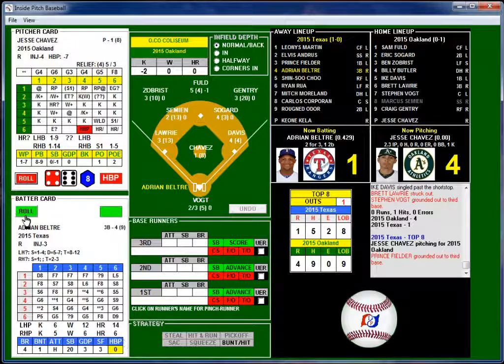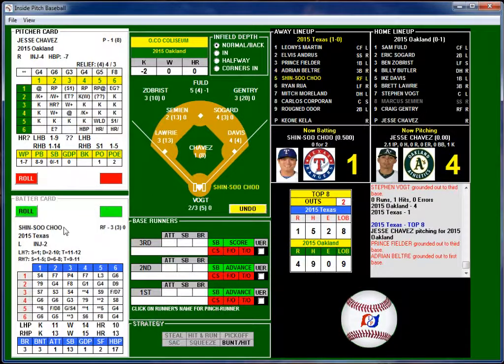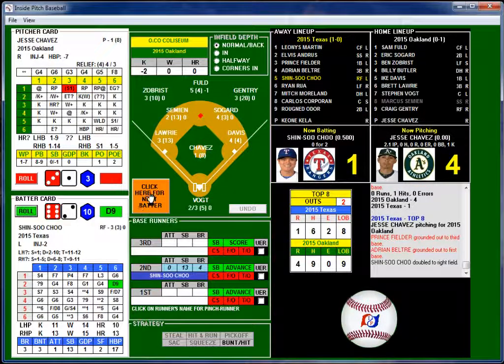Hit by pitch. No, he's not. 55. That's going to be a ground ball to Davis at first for the second out. Sinso Chu. 31. 62. That's going to be double. And it's a double. Sinso Chu's on the board with the double.